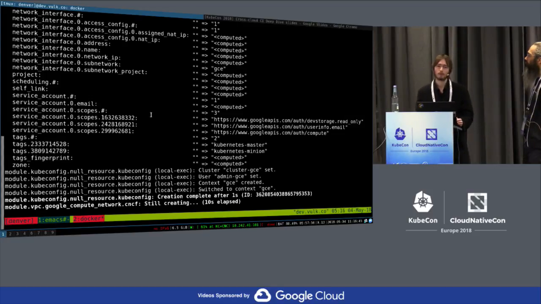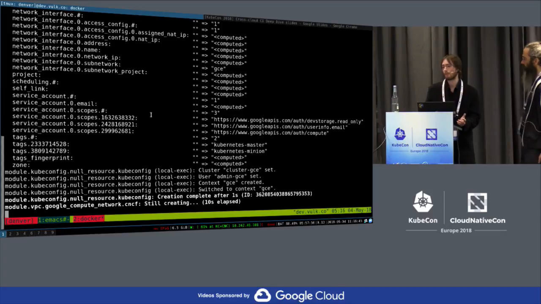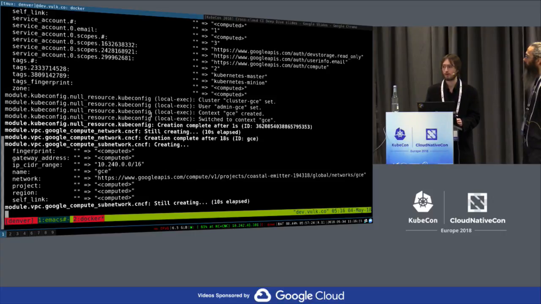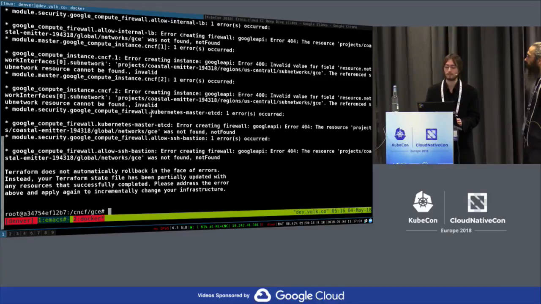And while we're waiting, I'll go over some of the reasons why we chose to use Terraform and Cloud Init. We looked at some of the tools that were already out there, like kops, for example. But one of the reasons we chose not to use kops was because we were doing this for the use case of a CI system,